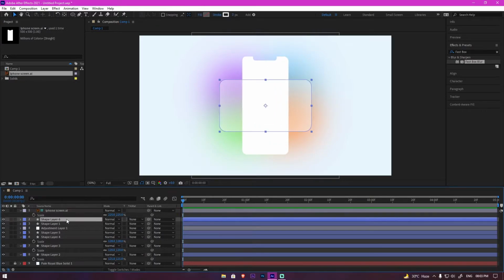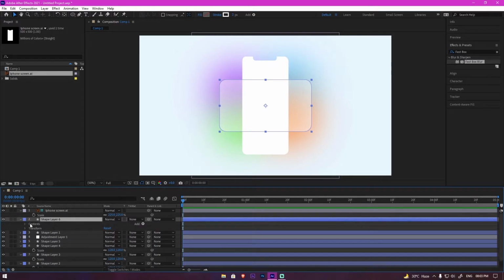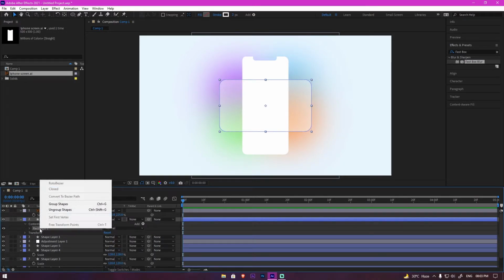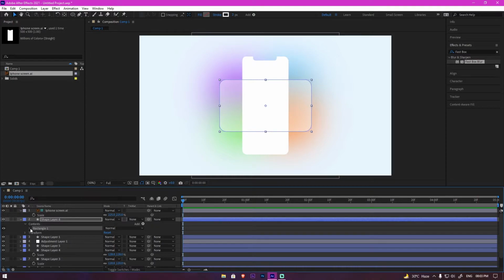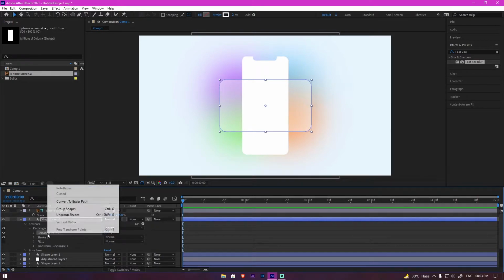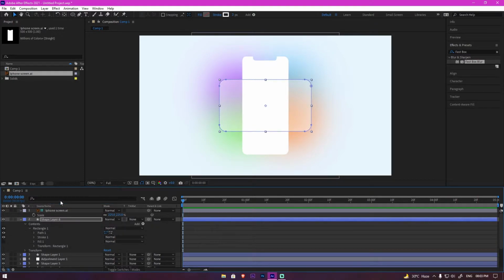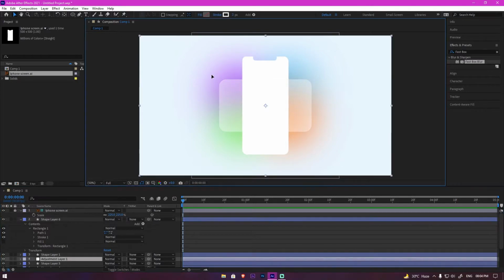Now click on the rectangle layer, any of them you can choose, and open content, then rectangle, and right click on the rectangle path and convert it to Bezier path. Now click on the path of the rectangle and first lock this adjustment layer.